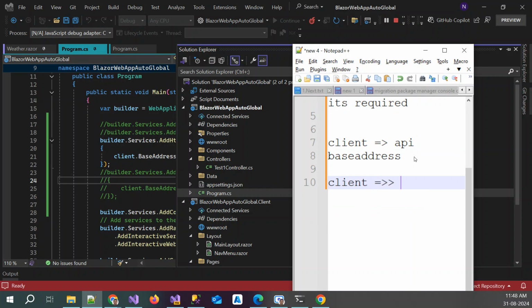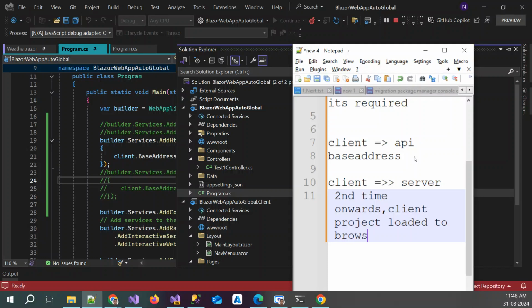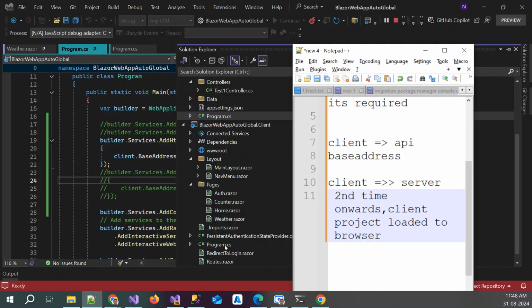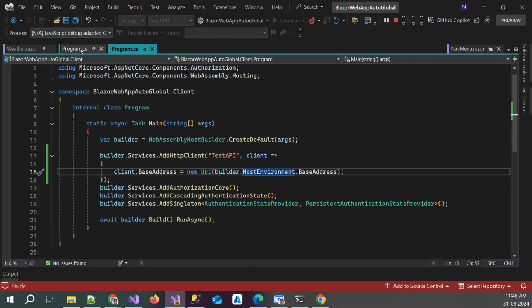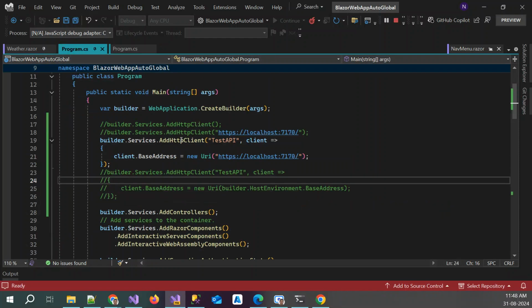Once it has been fetched, from the second time onwards, the client project will be loaded to the browser. So from the second time onwards, the client program.cs will be executed. So this program.cs is for the second time. For the first time, for that case, you need to have AddHttpClient of test API with this URL. You might wonder why I didn't mention it this way,